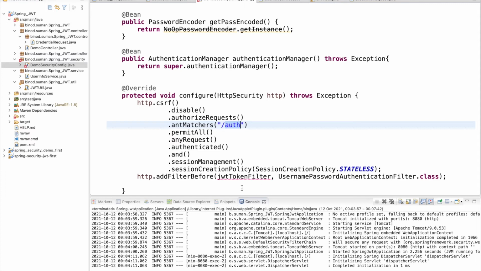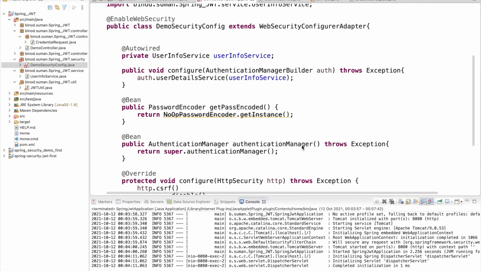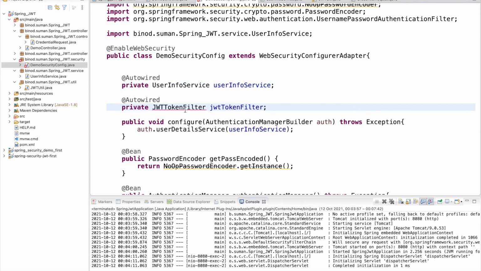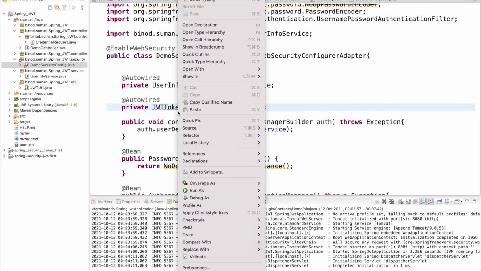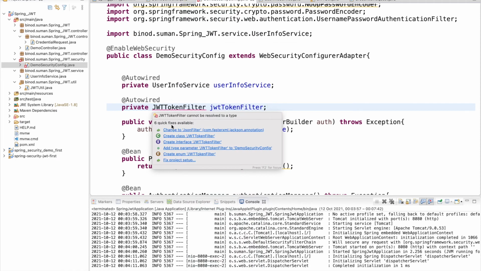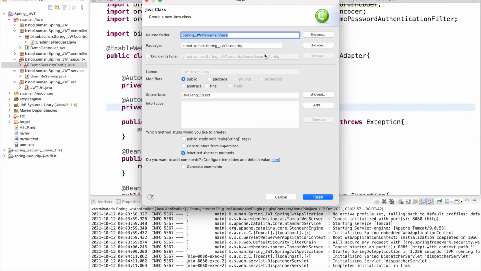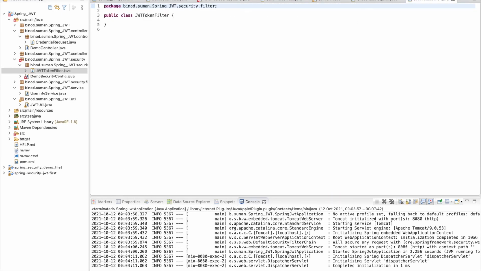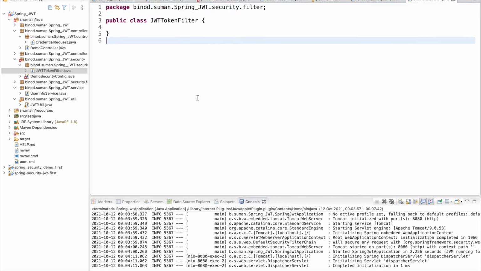And also we have to implement one filter, right? So I was saying that I need one filter, so we have to create one filter. What is the filter? Before hitting the API, the request and response should be captured here. So you make it here, and we have to autowire, but now we have to create this, right? So take the advantage of Eclipse and create the class JWT token filter here. And I would recommend that you make one package, and here, this is the class where we are going to do that.